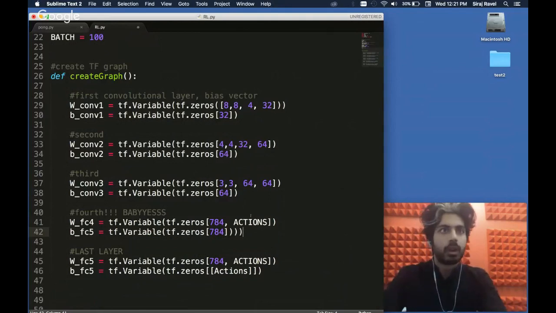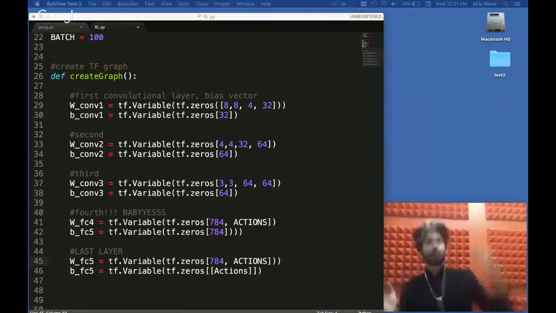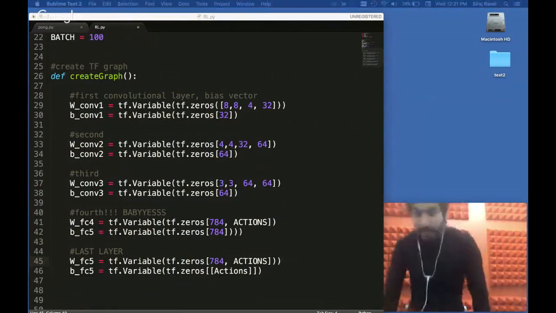Line 42 is the wrong variable. What are you talking about? Oh, it needs a, no. Oh, no, there we go. 250 plus people now. Wow, you're right. 263. Oh my God, this is crazy.